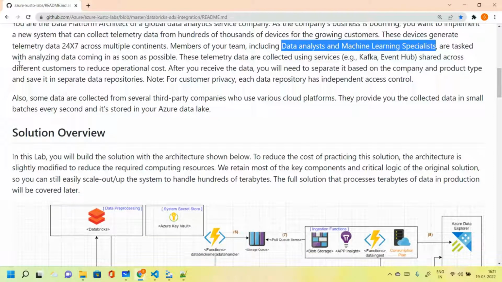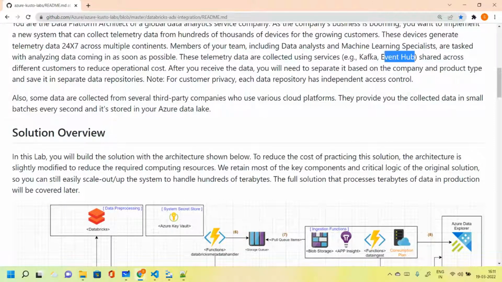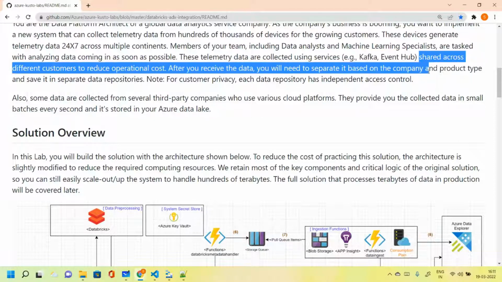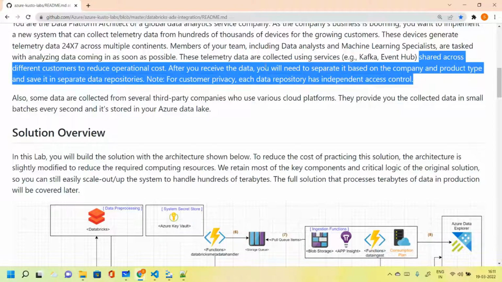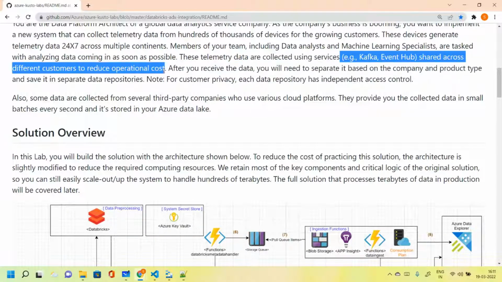Okay. Now, we have to analyze the data which is coming in as soon as possible. The telemetry data is coming through solutions such as Kafka or Event Hub, or it can be IoT Hub also, for IoT scenarios. Now, it is shared across different customers to reduce the operational cost. After you receive the data, you will need to separate it based on the company and the product type. One thing mentioned is that to reduce the cost, the backend is shared across multiple customers. We are not creating an individual implementation of the architecture for every customer, because then the cost will just skyrocket. So we are sharing the backend